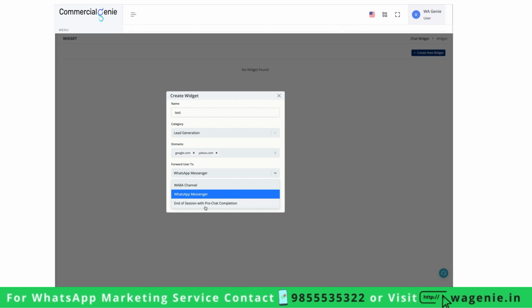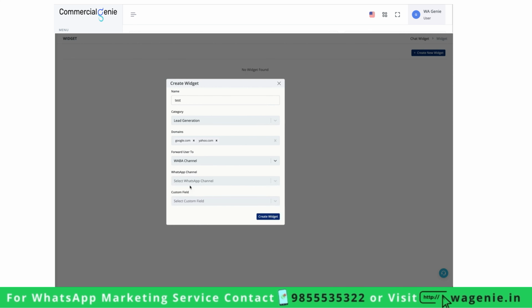And the third option is only the chat widget shows up, and once the pre-chat form is completed, then the session ends. So there is no destination to WhatsApp at all. So for now, I'm selecting the WABA channel. Now select your channel here from the drop down